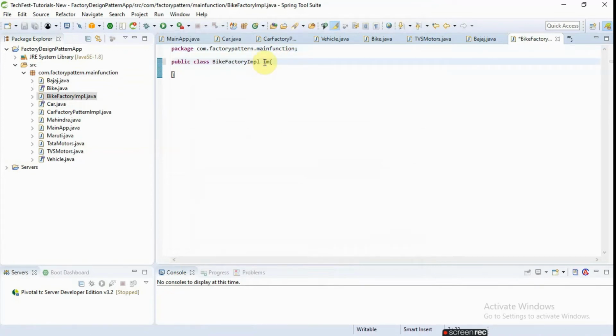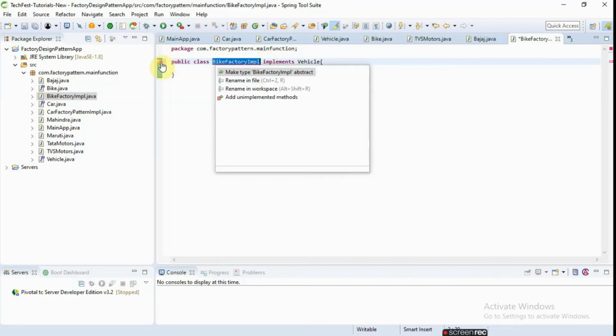Here we are going to implement vehicle and provide one method.